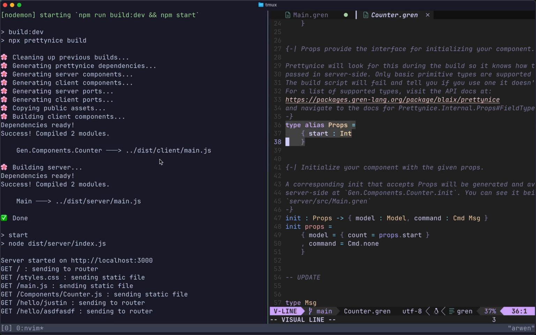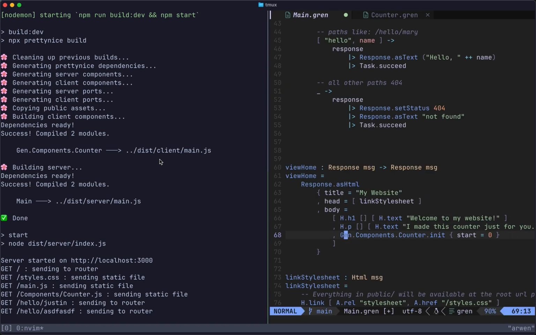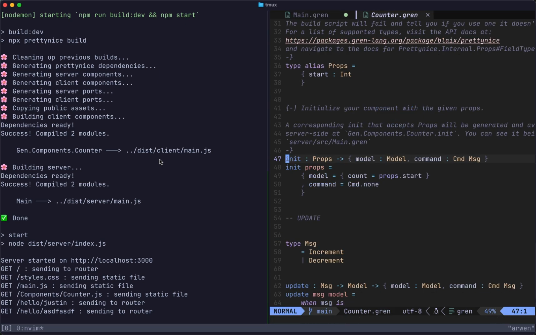So we have something called props, and that is the first argument to our init function. And that is actually what we're passing in here. We're passing in those props, start equals 0. So this is where we define it. The nice thing about this is